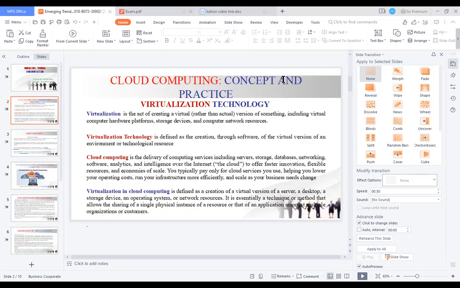Then virtualization technology is defined as the creation, through software, of a virtual version of an environment or technological resources.